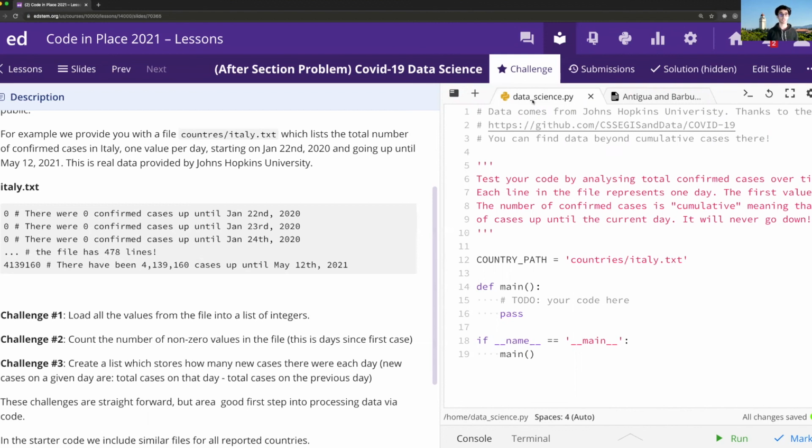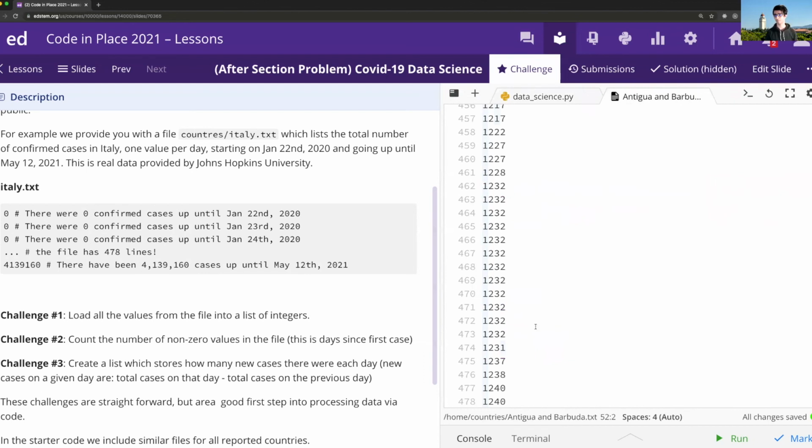And that's kind of an interesting insight to have, and something that you've probably maybe tracked for your own country. Another thing you might want to do is to create a list which stores how many new cases there were each day. So what that would look like is for Antigua and Barbuda, for example, notice that between day 474 and 475, 6 people got COVID.